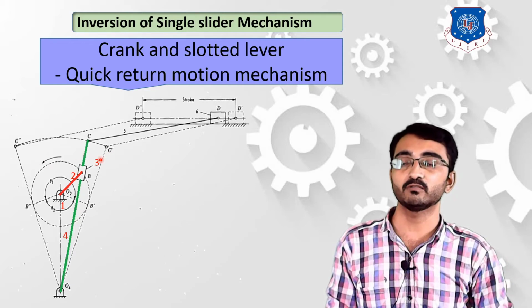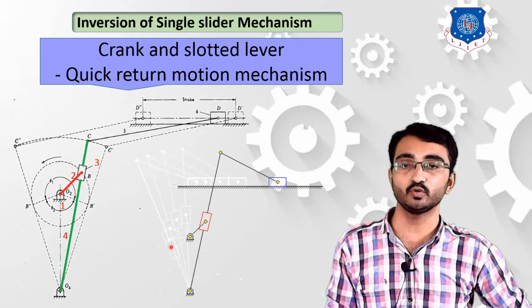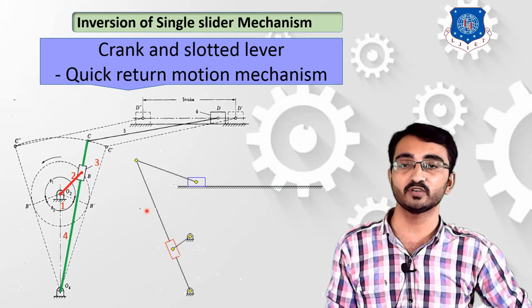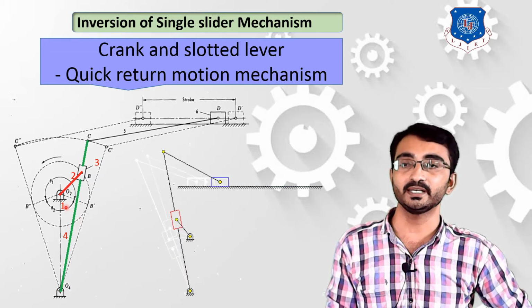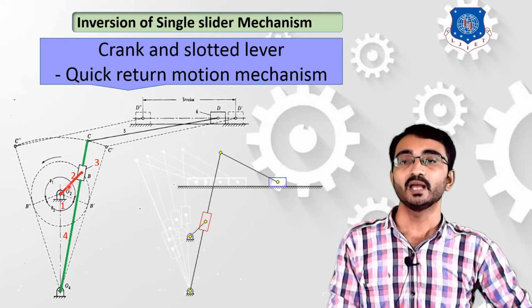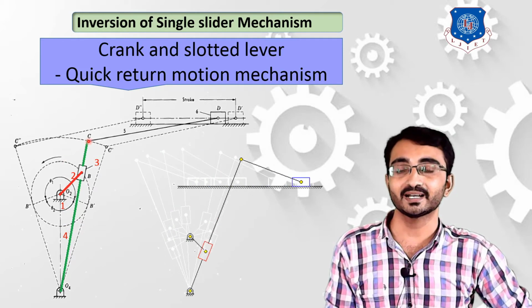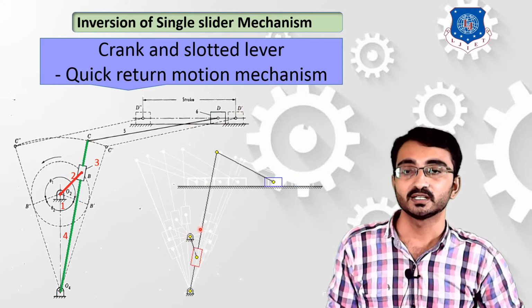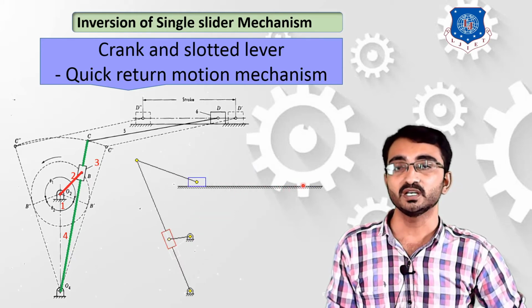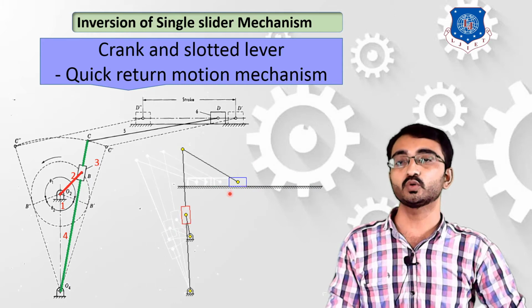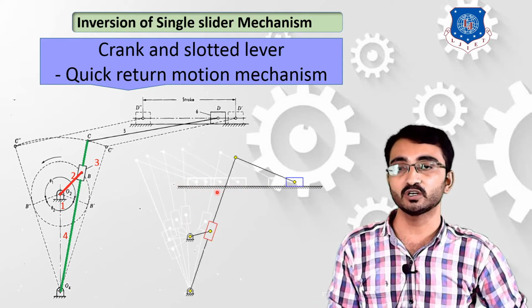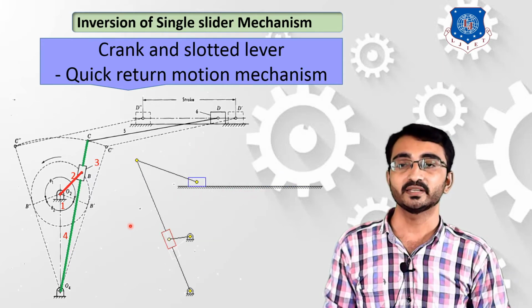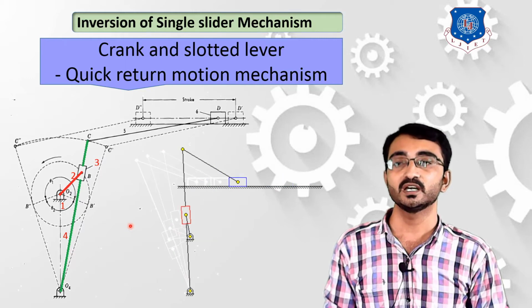Now we can refer to the working of this mechanism in this way. If you give input to your crank rotation, then this crank rotation will produce oscillation of this lever component. So that is your link number 1, 2, 3 and 4. At the end of this link number 4, we are connecting one rod which is connected with your cutting tool. As you can refer, the rotation of this crank component is producing reciprocating motion of this block. In this block, the forward motion is slightly slower than the return motion. So let's see how we can produce this type of motion, that is quick return motion.